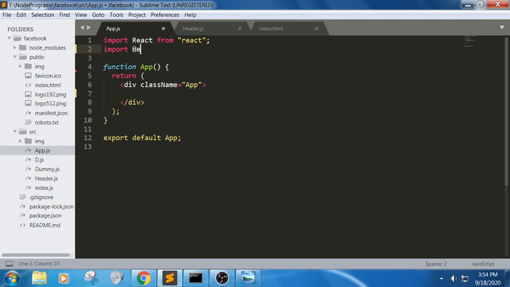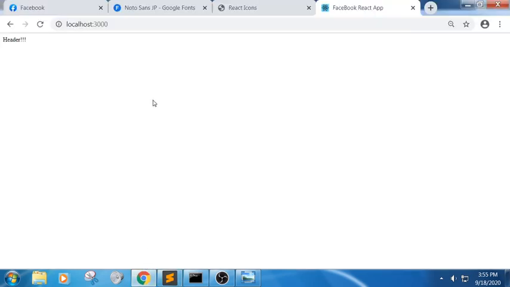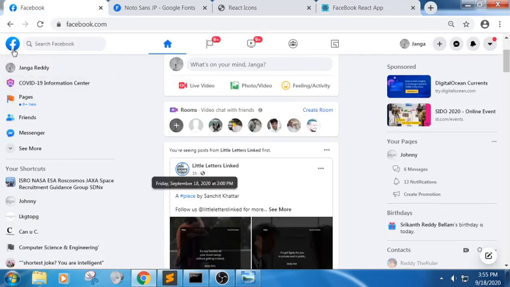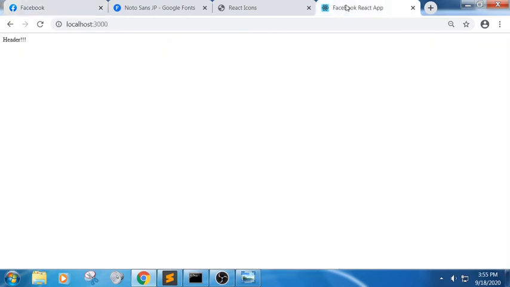You have exported, but we need to import it in this app.js. Import header from, and I'm trying to import it here. I'm trying to write the header. Now let's see, we got the header here. In this first example, we have a logo, a search button, these images, the icons, and we have this thing. So in order to develop this,